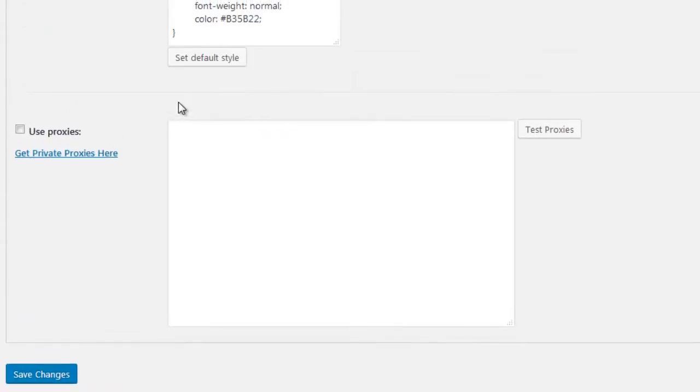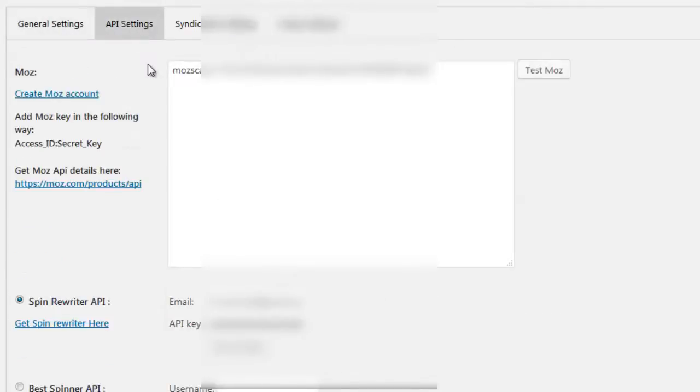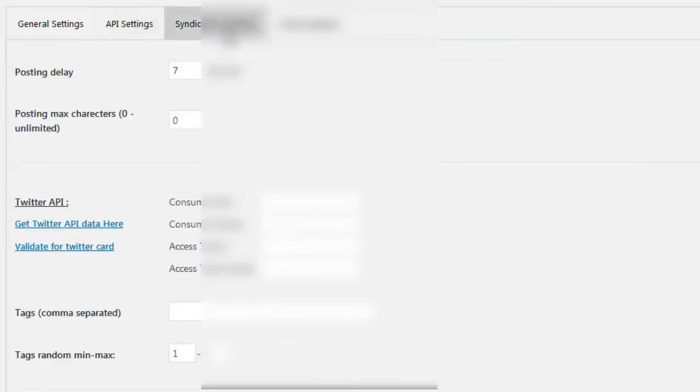In the API settings area, you're able to add your Moz API key. This is used to get metrics from the top 10 ranking sites. The Moz API key is free and we show you how to get one. Credentials for your spin rewriter or the best spinner account can be added here. These services allow you to spin your content automatically. In the syndication setting area, you're able to add the details for your social media accounts that will be used